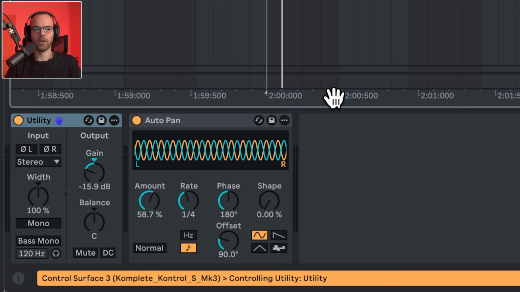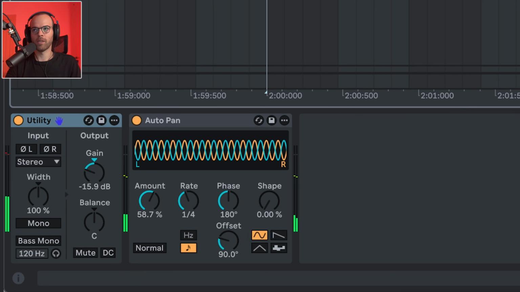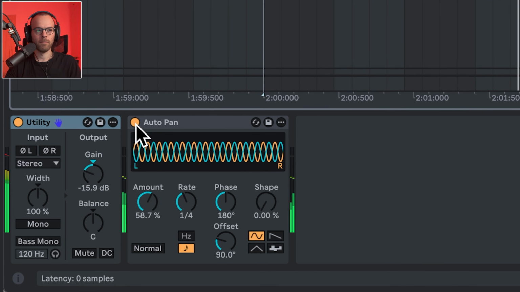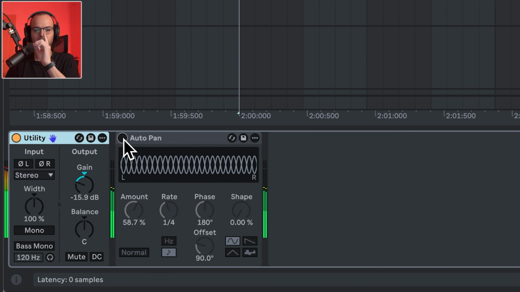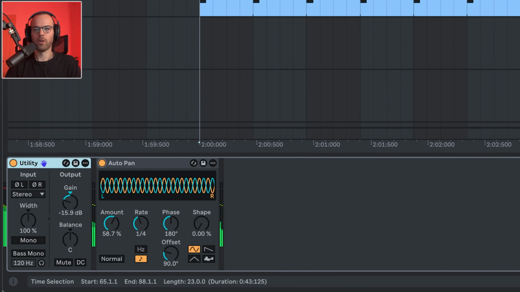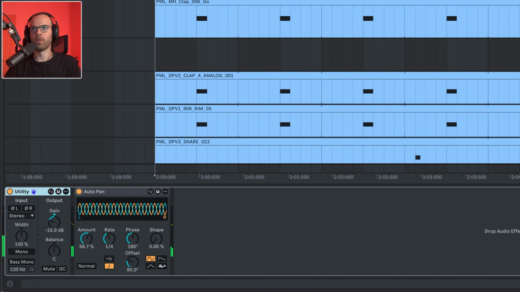If you want to check the shaker, we're doing something really cool where we make the shaker go left and right, instead of just playing in the center, just by using auto pan. And if you listen to everything again,